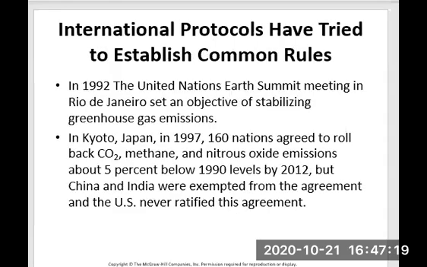We have certain international protocols that have tried to establish common rules. Many of the largest businessmen in America have joined the environmental groups to call for strong national legislation to achieve a significant reduction of greenhouse gas emissions. These companies would prefer a single national standard rather than a jumble of conflicting local and state rules, which cost them time, money, and sometimes contracts with potential trading partners.